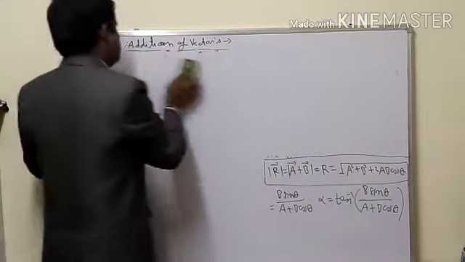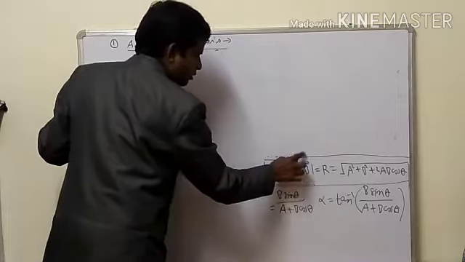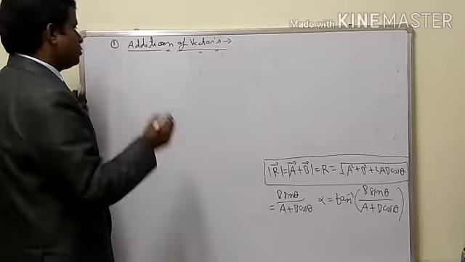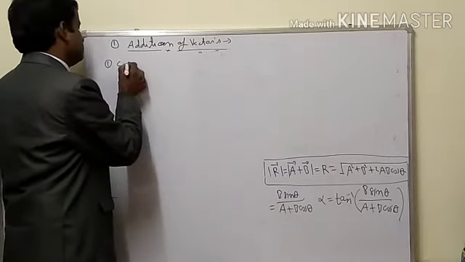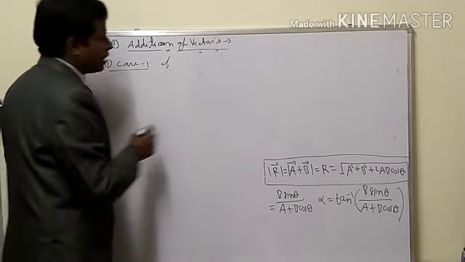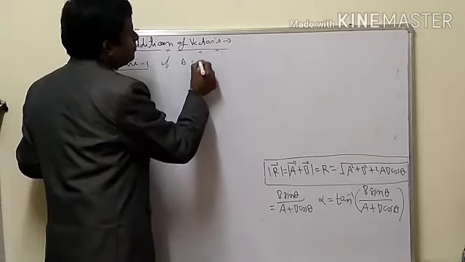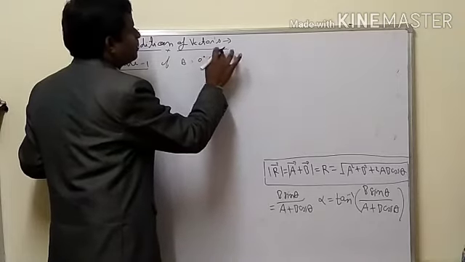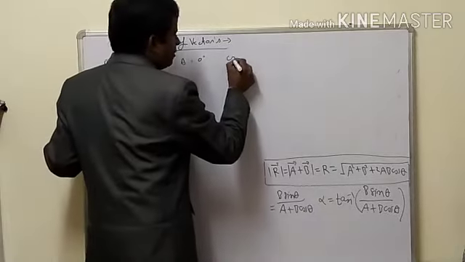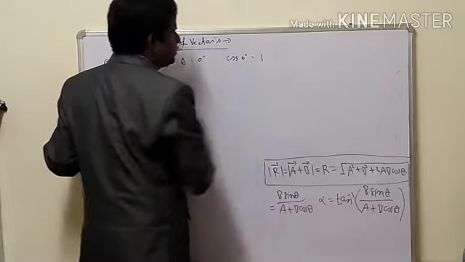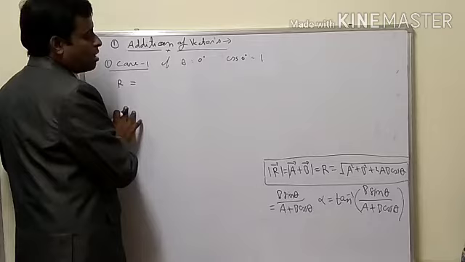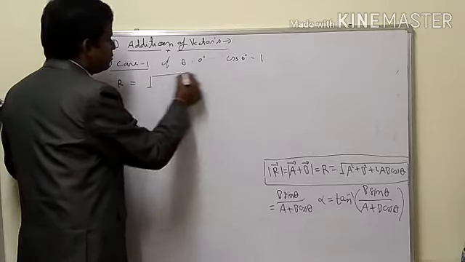This formula is common for triangle law and parallelogram law. So case 1, if theta is equal to 0 degree, then you know that cos 0 degree is equal to 1. So the resultant in this case will become R is equal under root a square plus b square plus